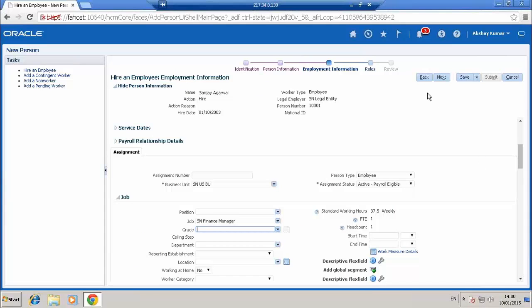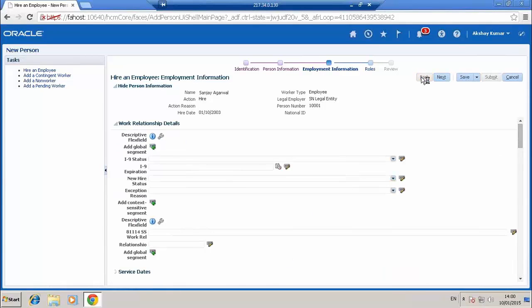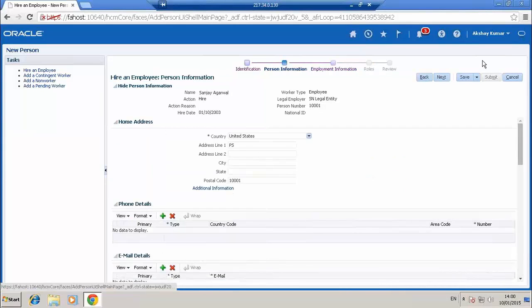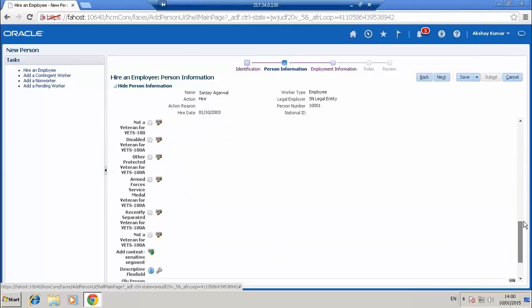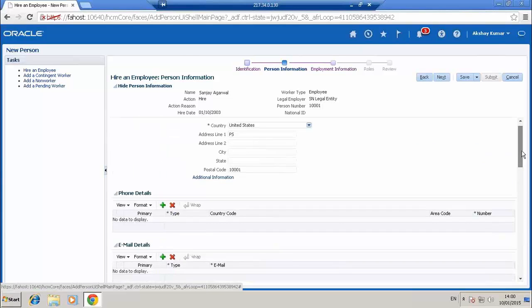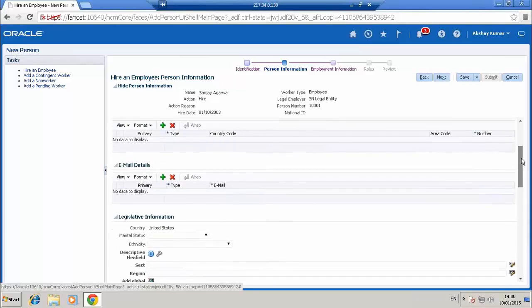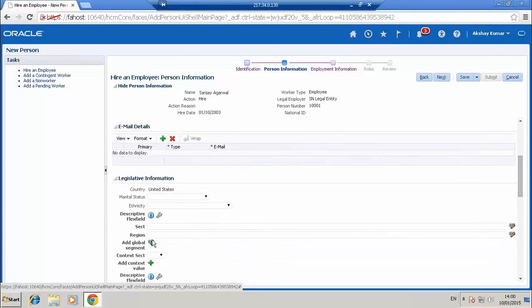Yeah, Prashant. See, I'm just taking you through the employee screen. Remember I told you about the flex fields? Highlighting the flex fields. Yes. See. These are the descriptive flex fields which are available. So if you want to know what the flex field name is or something, you just have to hover the mouse over this icon. We will be able to see all the details: flex field pool, flex field name, everything.